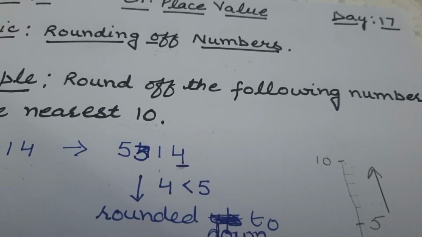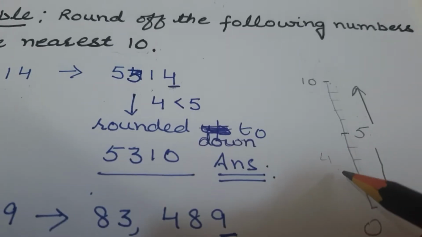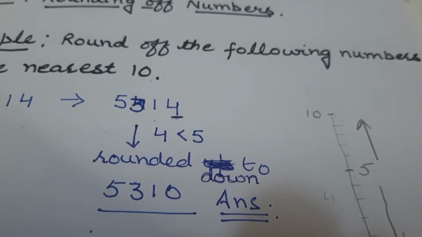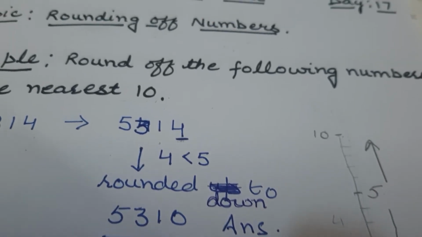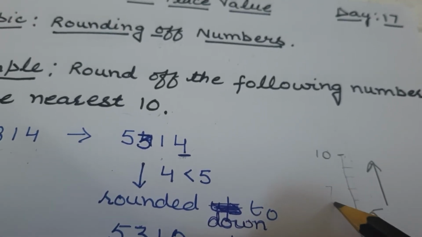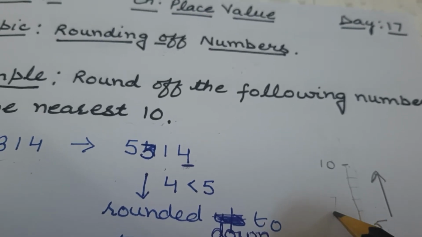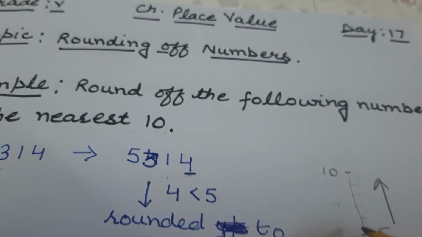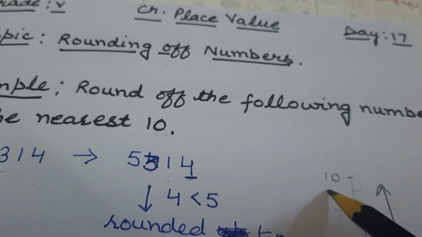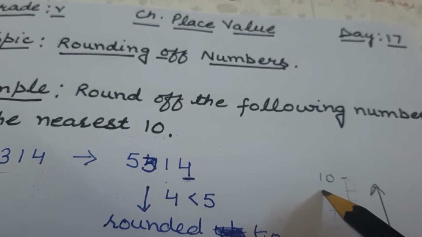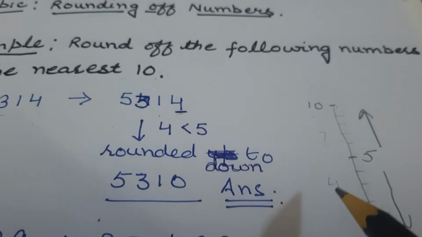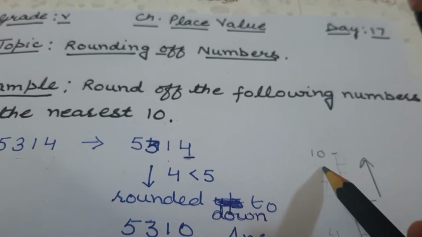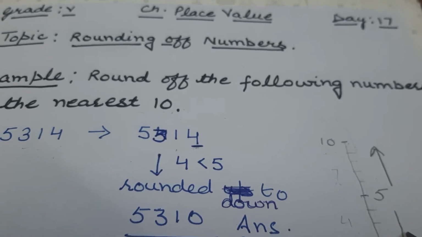Okay, means if number is 4, if we take any number is 4, so we will consider it as 0. But if number is 7, then how we will take its estimation that this number is 10, because 7 is more close to 10 than 0 and this 4 is closer to 0 than 10. So this is the meaning of rounding off.